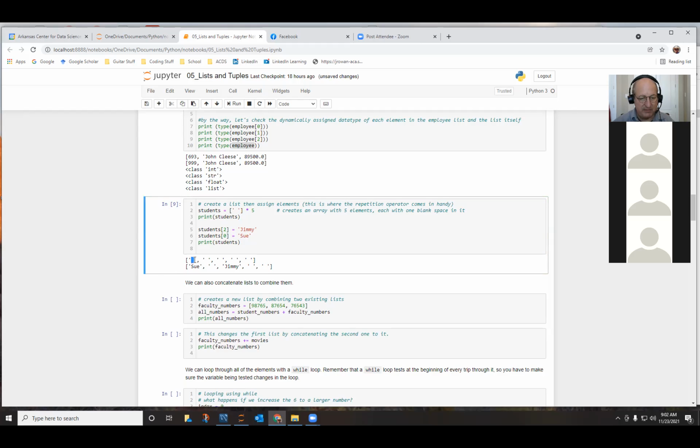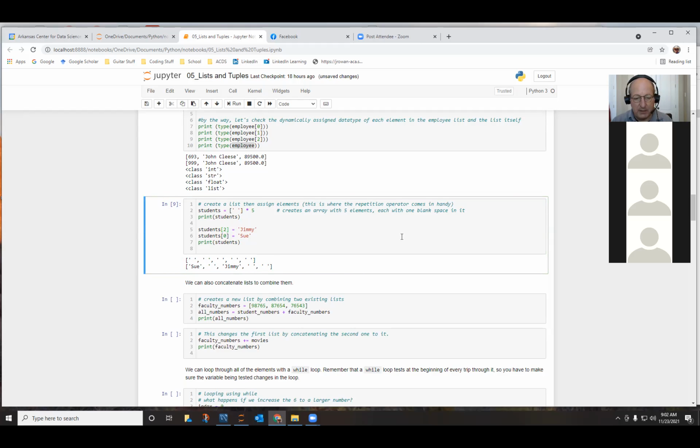So at first we just have blank, comma, blank, comma, blank, comma, blank times 5. And then we changed the third element to Jimmy and the first element to Sue, because remember it's 0 based. And there it shows the